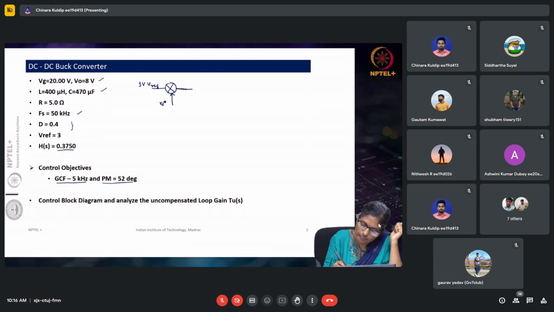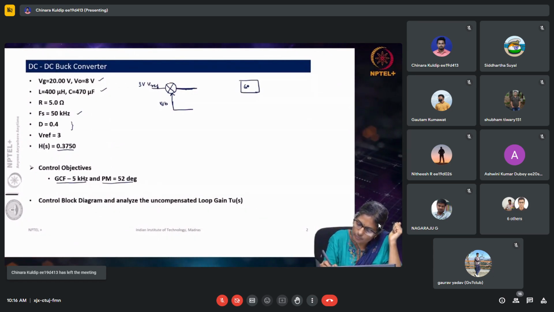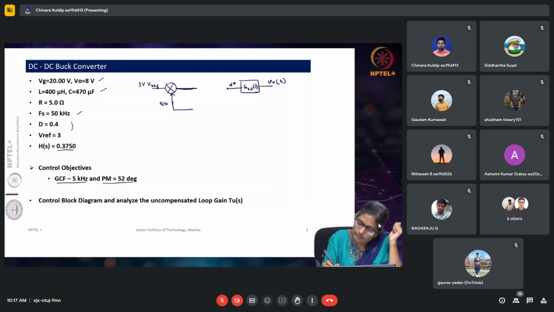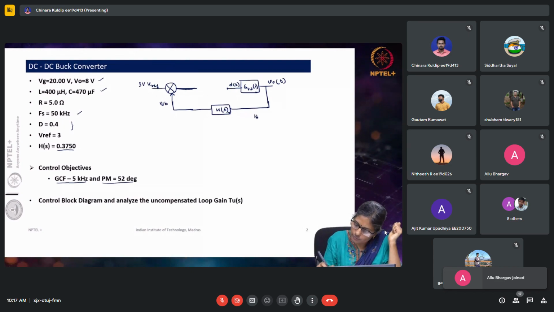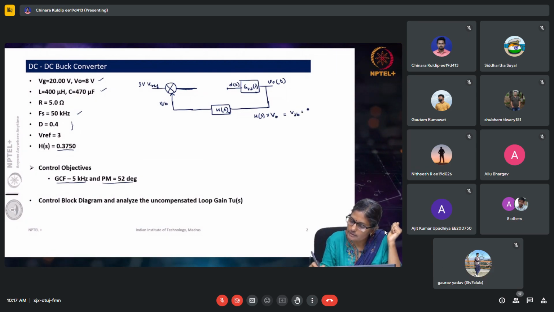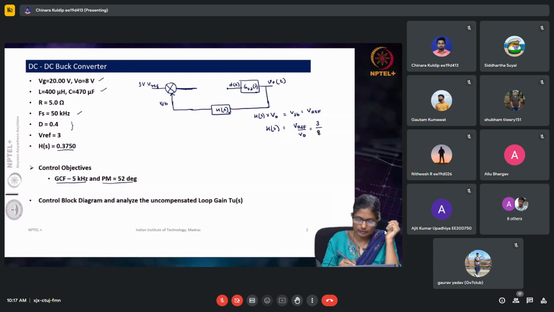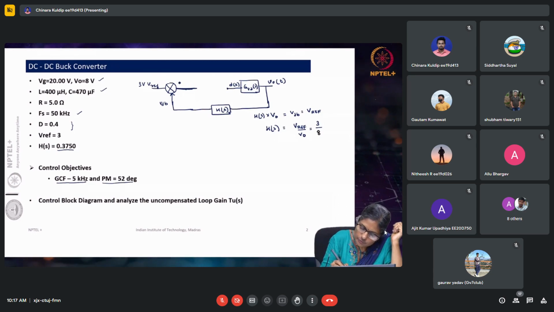V feedback, right. So, I have the converter model which is GVD of S giving me the output voltage V0 of t, taking D of t as an input. So, I have taken feedback, and the feedback gain is what is H of S, and of course, we know H of S into capital V0 will be equal to V feedback, which is nothing but V reference. So, H of S is found to be V reference divided by V0, and what is V reference? V reference is 3, V0 is 8 volts. H of S turns out to be 0.375, and of course, we get